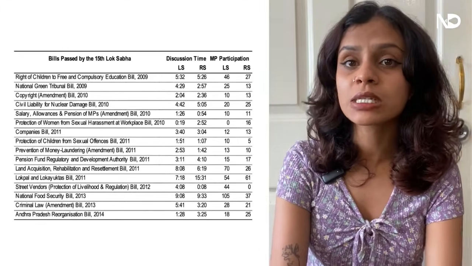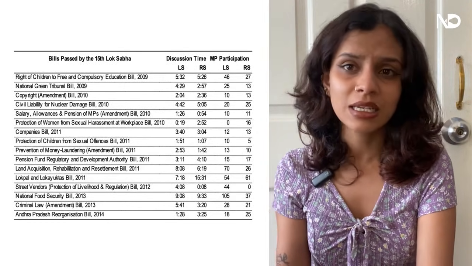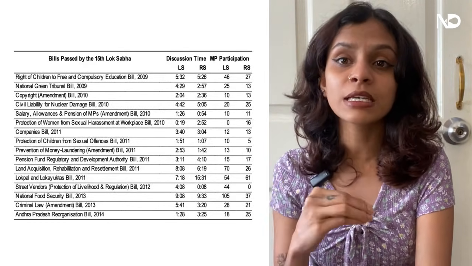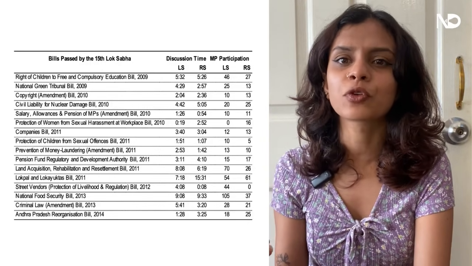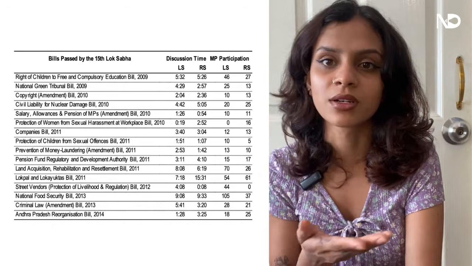Similarly, the Protection of Women from Sexual Harassment at Workplace bill got just 19 seconds in the Lok Sabha and under 2 hours of debate in the Rajya Sabha, though it had initial drafts from 2005 and 2007. While few of the bills in this table have a long-standing history of being introduced and discussed in previous Lok Sabhas, it still presents a glaring picture of not just the time spent on discussion but also the MP participation